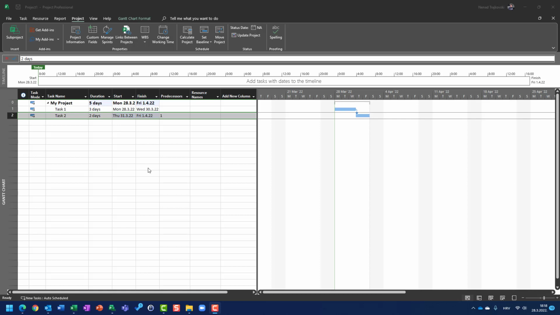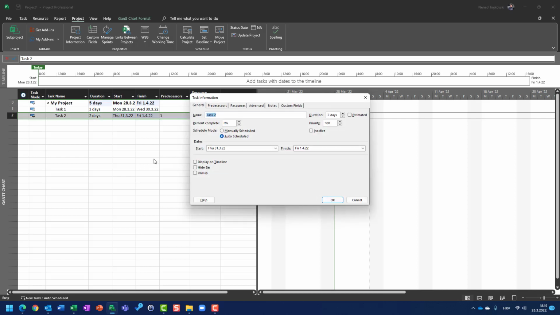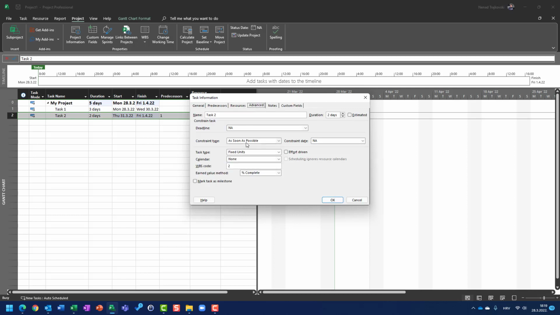Hello, today I'm going to show you semi-flexible constraint, and for this purpose I created my project with two tasks. One is 3 days long, the second one is 2 days long, and they are connected. So we all know already from my previous video that the default constraint type is as soon as possible, because this project is